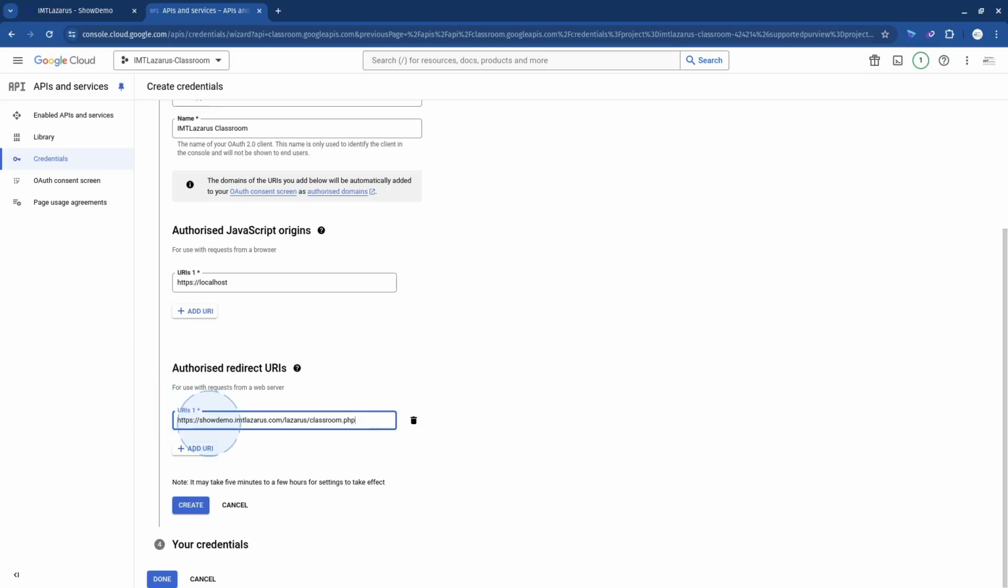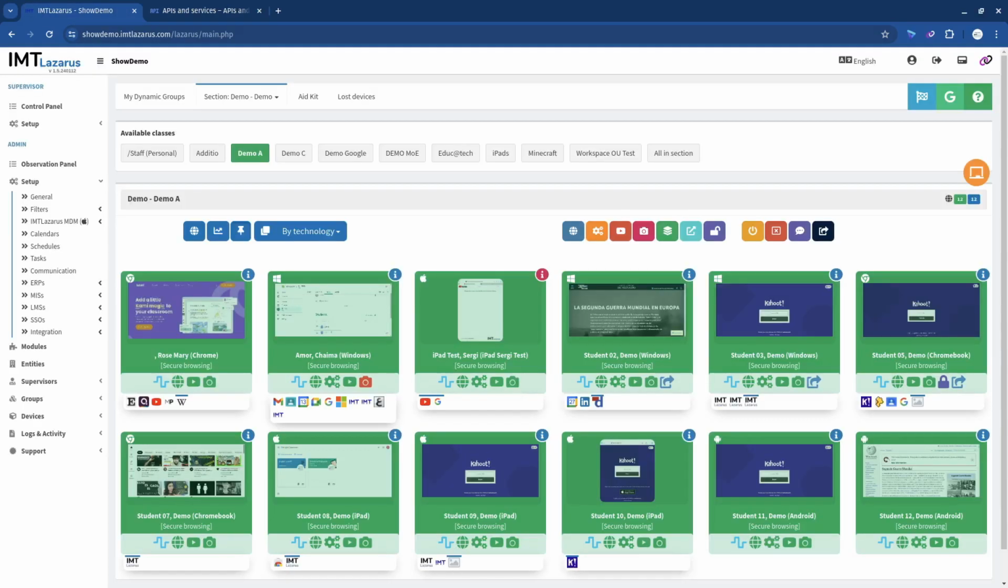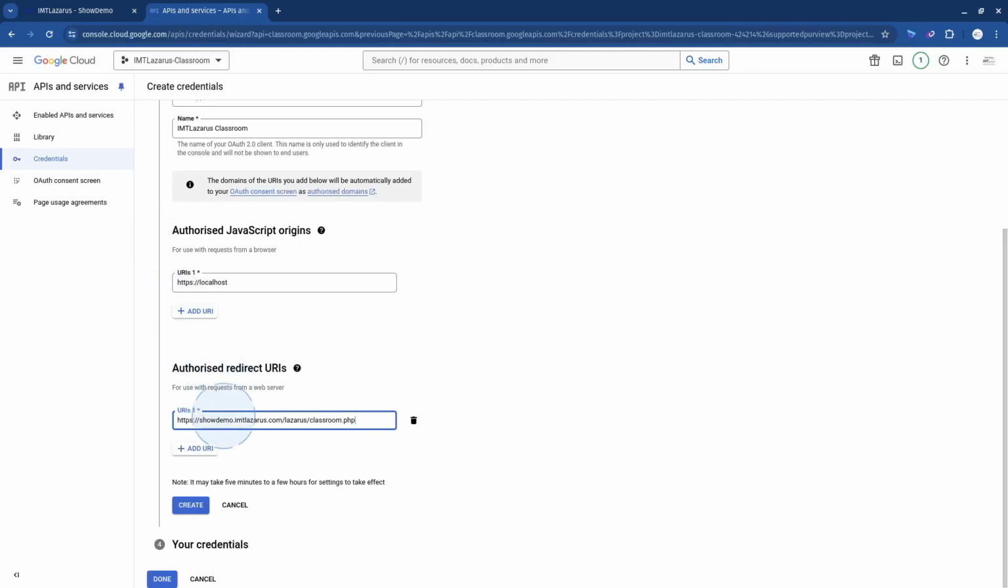Where can we get this information from? So in our case, we need to go back to our IMTLazarus server, and in the URL bar, you will see the URL that we are using for your IMTLazarus server. In my case, it's showdemo, so it's showdemo.imtlazarus.com. So this is the name that I need to use in this section. In your case, it will be the name of your school. So it would be https:// the name of the school.imtlazarus.com/lazarus/classroom.php. Once we have these two URIs, we need to click on the Create button, and we will end up